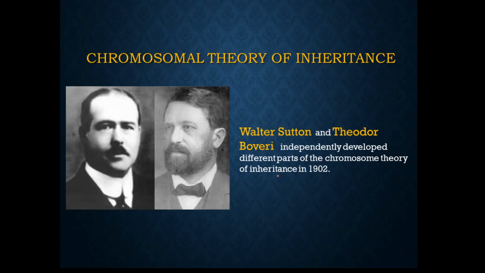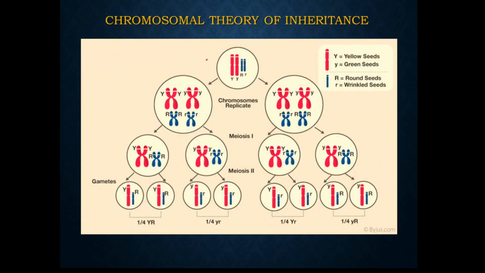They identified that the behavior of chromosomes is similar to the behavior of genes. How the behavior of genes is similar to chromosomes, we are going to identify in this theory. When they proposed the chromosomal theory of inheritance, we did not know that these are chromosomes and that genes are present on them. But what we knew, from our previous class, is that the capital Y and small y segregated independently. They formed gametes and were transferred from generation to generation.